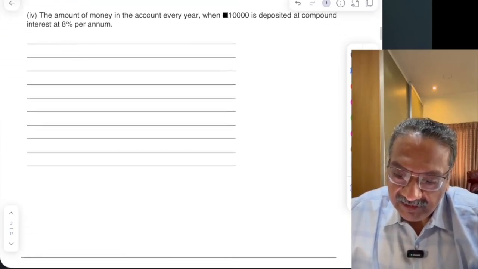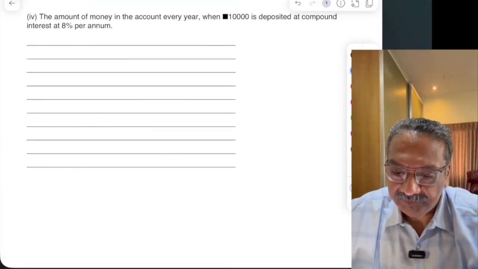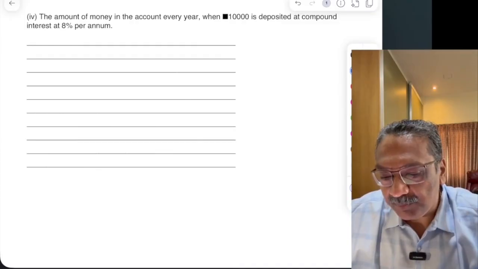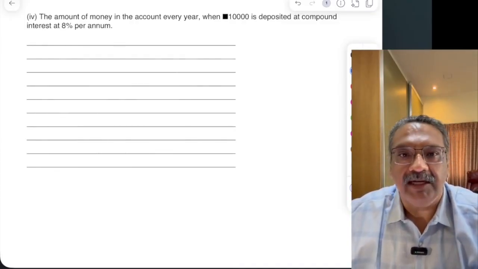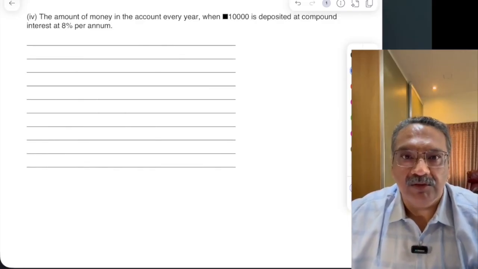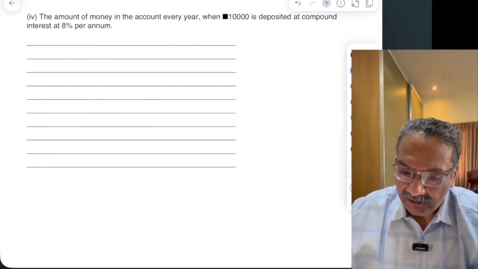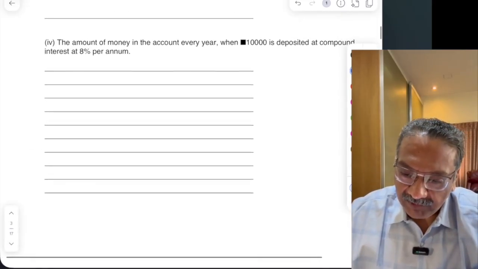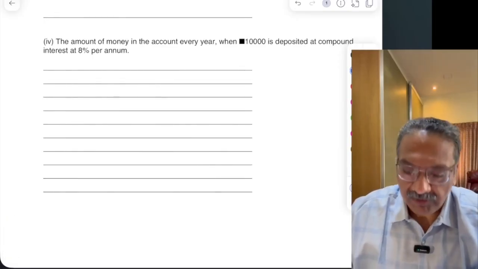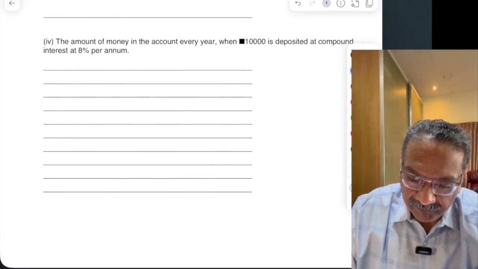Let us come to the fourth part. The amount of money in the account every year when 10,000 rupees is deposited at compound interest at 8% per annum. I hope the students know the difference between the simple interest and compound interest. Let me take up a different question to this. If it is simple interest,